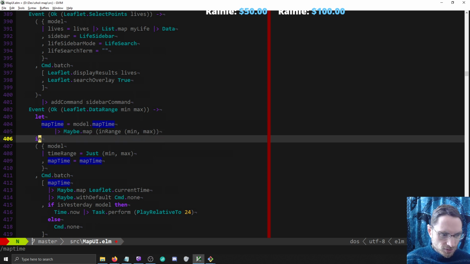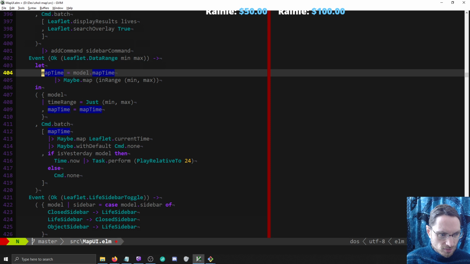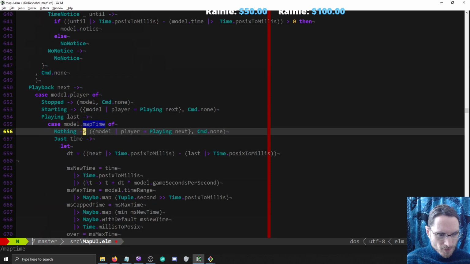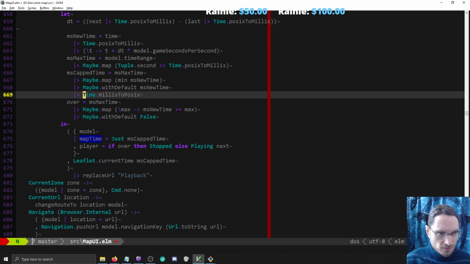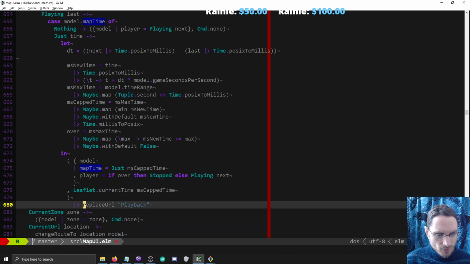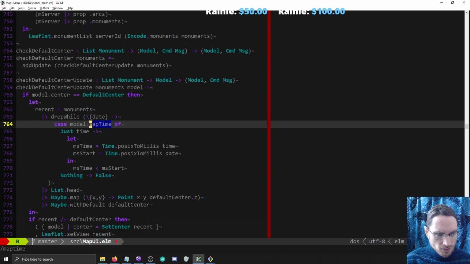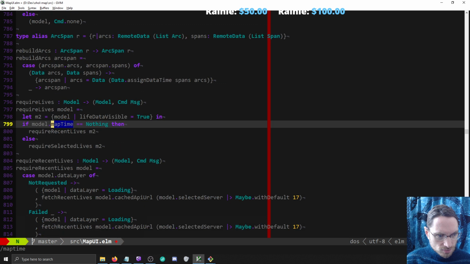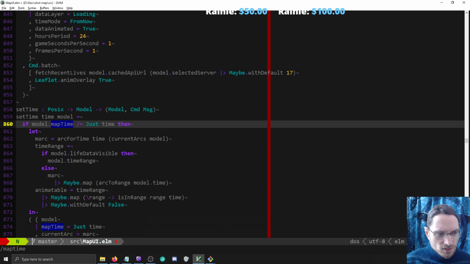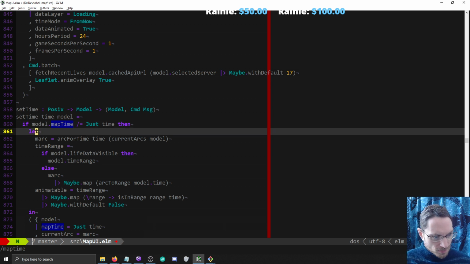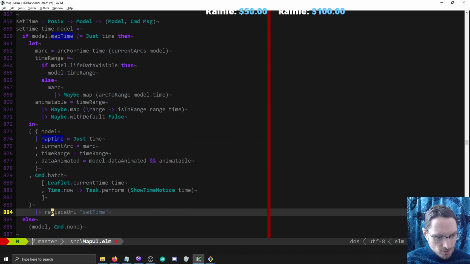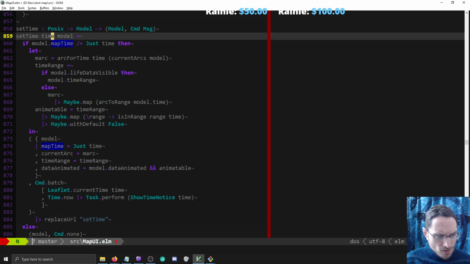So you're doing a range restriction, which wouldn't necessarily need to update anything. Well, if it didn't change, it'd be fine. Playback, that does handle the not known case. So we're going to rely on the timer to do U equals nothing. Set time. This is model.map time, to a certain time. If model.map time, well, as far as do we need to update, so the only thing